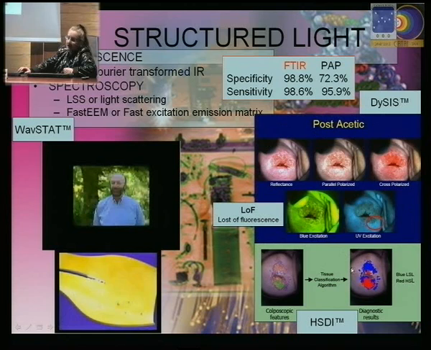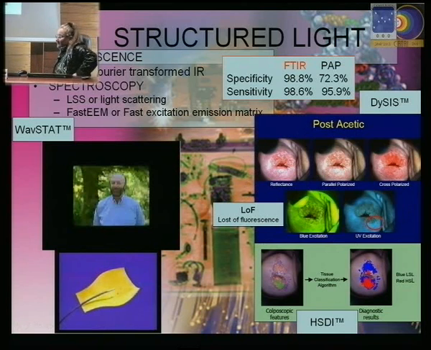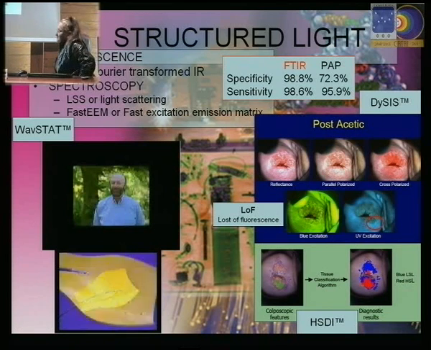This is multi-spectroscopy in the sense that you get reflectance, polarization, cross-polarization, blue excitation, and ultraviolet excitation in the same area. This is the cervix of a woman. And from that you can see clearly, and we will see later on, that this is also used in the